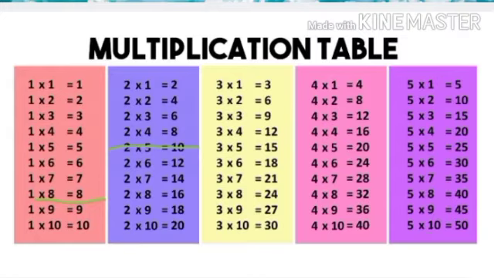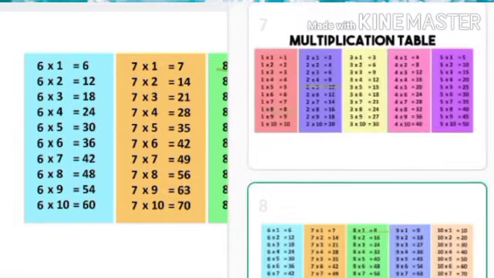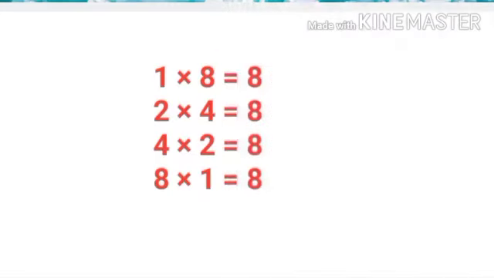Then we can go to the next table. Here also we don't have an 8 in the 6th table. We don't have an 8 in the 7th table. Again we have an 8 in the 8th table only. 8 1 is 8. So this is also one of the factors. So totally we marked 3 lines, 3 multiplication facts. So they are